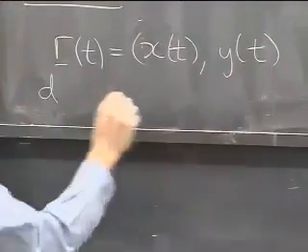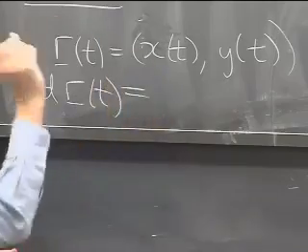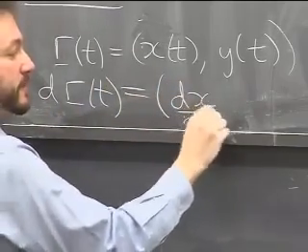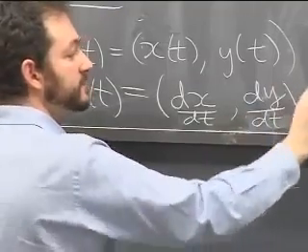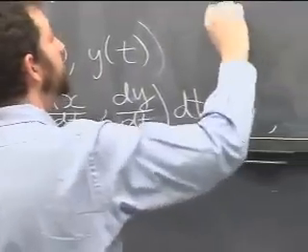So dr, this is in parallel with what we've been doing before. Forget the normals for the moment. dr is dx dt, dy dt, dt. And so this integral is the dot product of